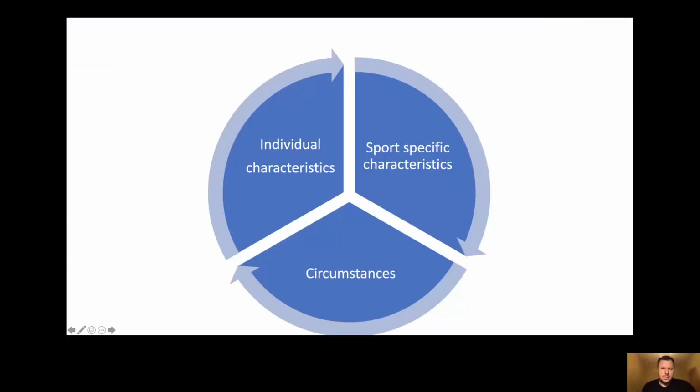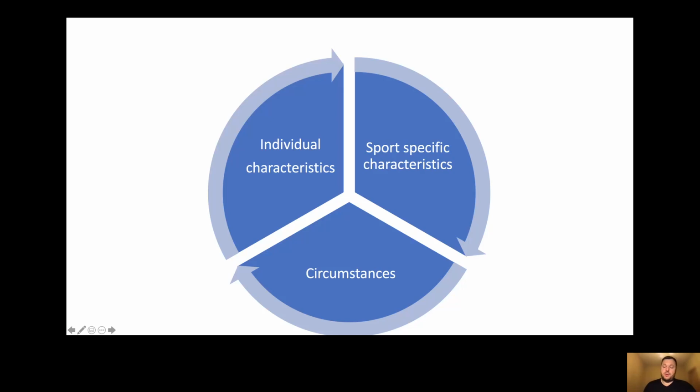So I think the successful career of the basketball player depends on the individual characteristics, the sport specific characteristics, and certain circumstances. So these three things should match together to have a good and successful career. And you see, sometimes